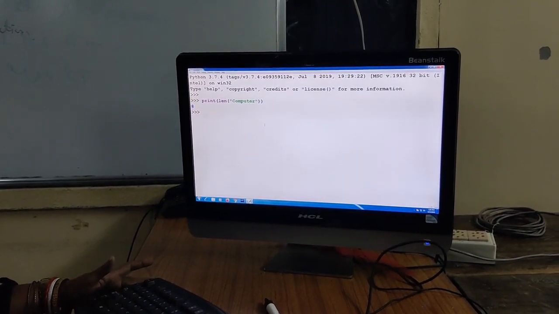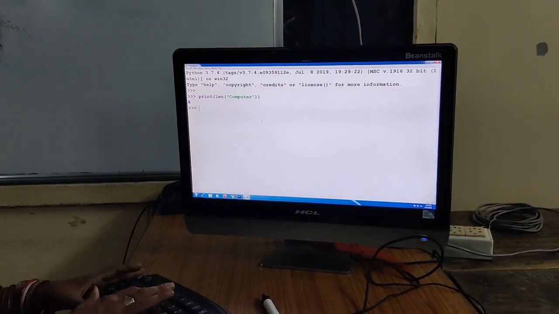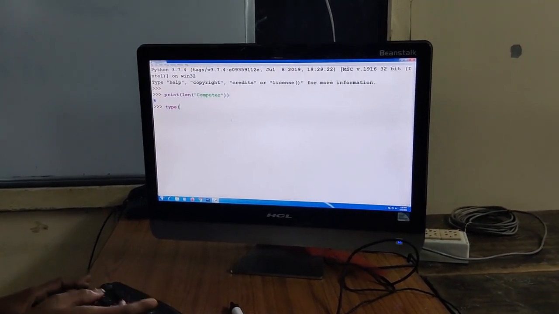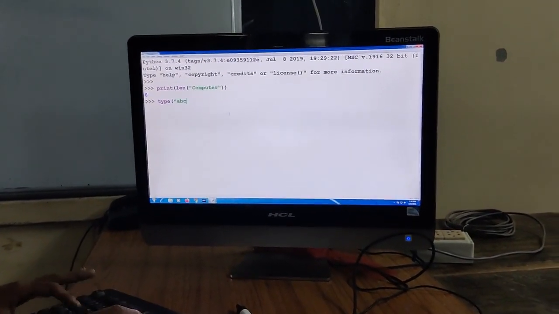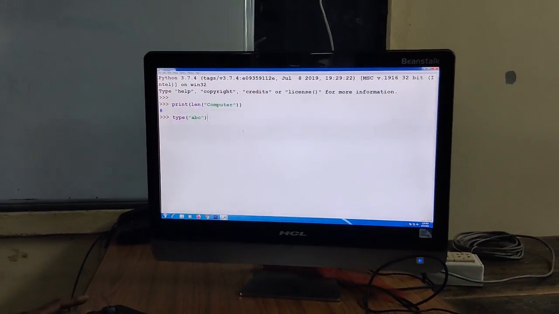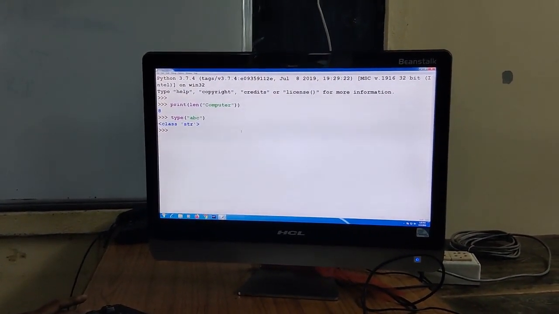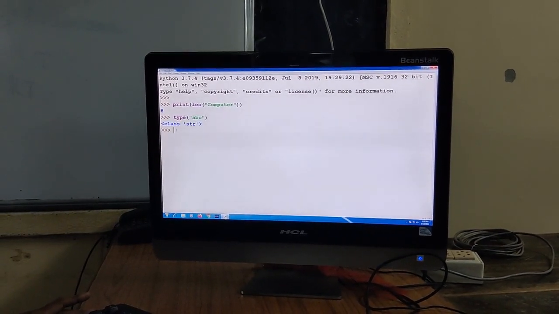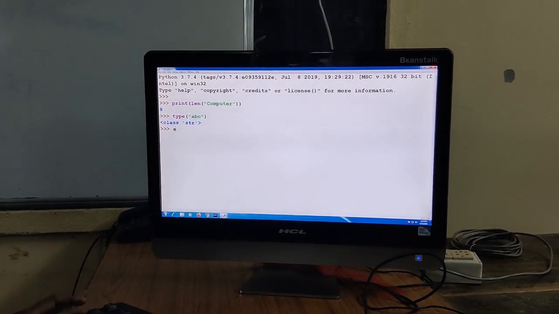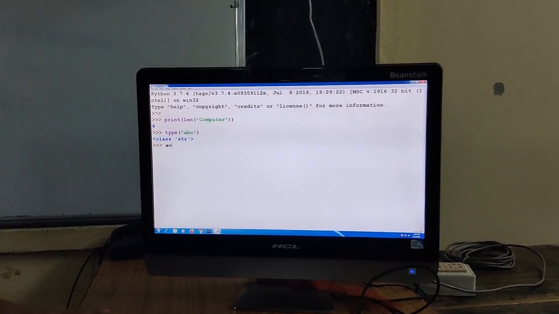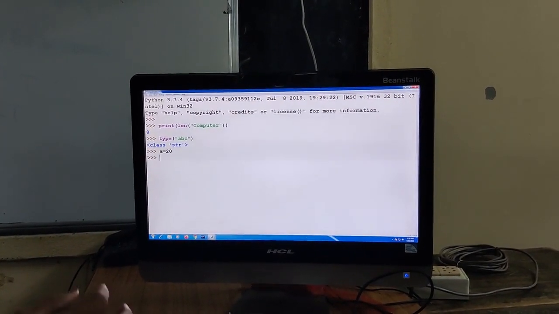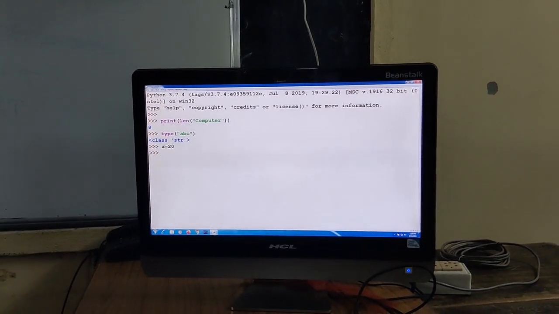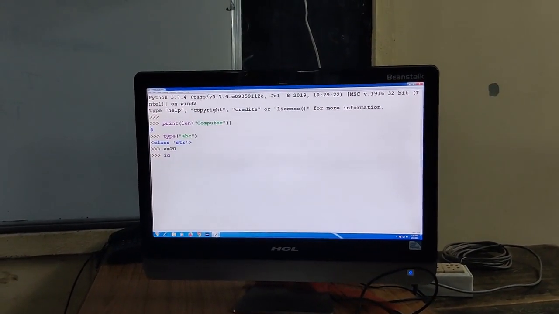Similarly, the input function is there, and the type function. Here you can see what is the data type of, suppose, ABC. As you know, ABC is one string. So here you can see the data type of ABC is string. Similarly, if I declare one variable, a equal to 20, we can see the memory location of a with the help of the id function.